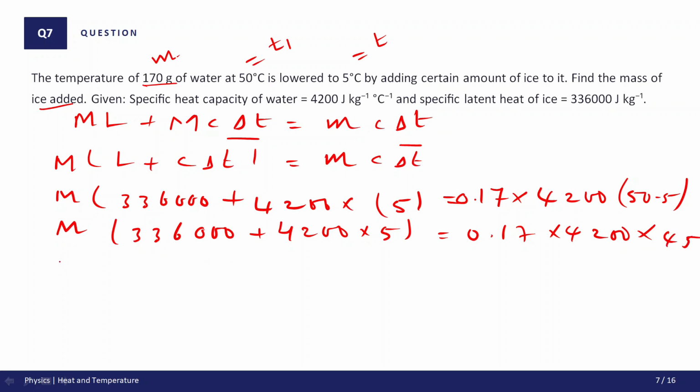Now first multiply and add the left hand side, m equal to, multiplied, what you will get 4200 into 5 plus 3 lakhs 36,000, it is equal to 3 lakhs 57,000, equal to